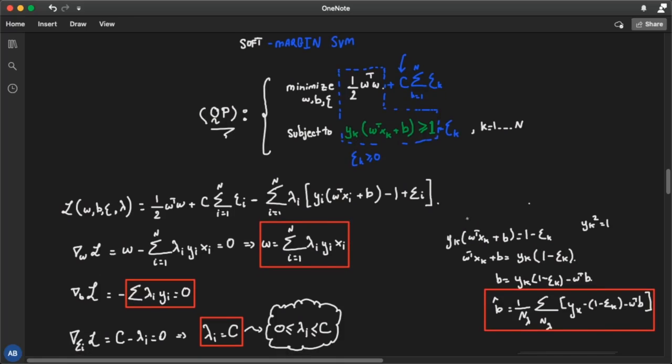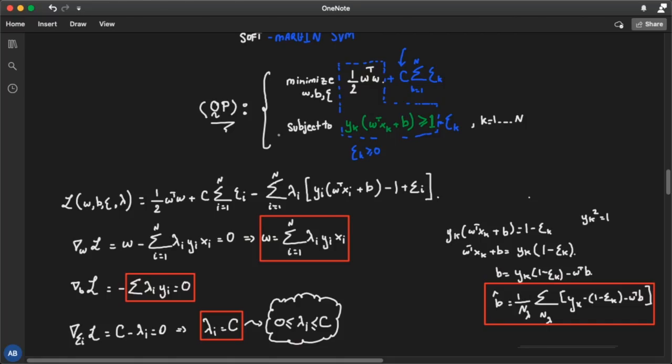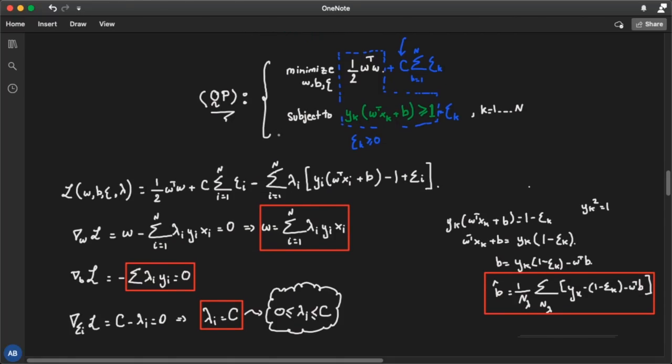Now, as previously, we need the lambdas to compute the w and the w to compute the b. So we need the dual over here. And the dual is achieved by replacing W hat and B hat in the cost. So as previously, we can see that if we replace W hat and B hat everywhere,